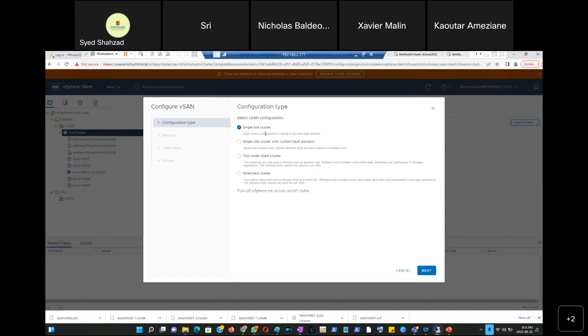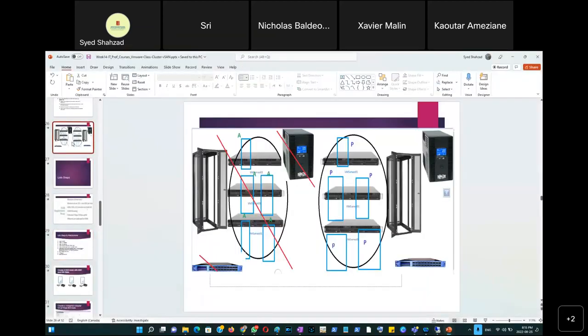So it says, what are you creating here? Is it a single site cluster? Each host is considered to reside in its own fault domain. So what is a fault domain? Let's discuss that. A fault domain is related to this diagram. And what it really means is,